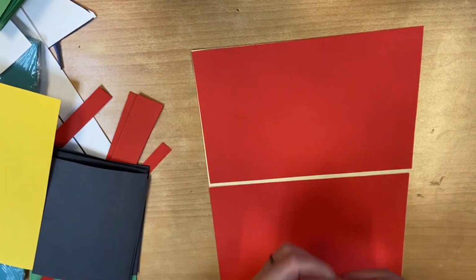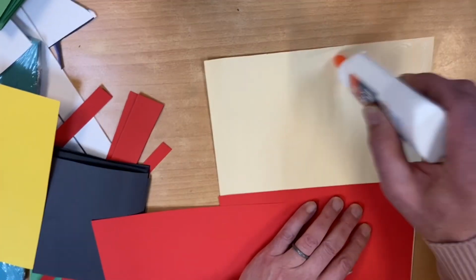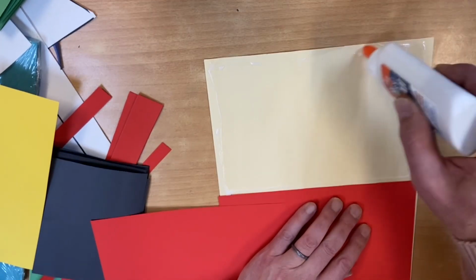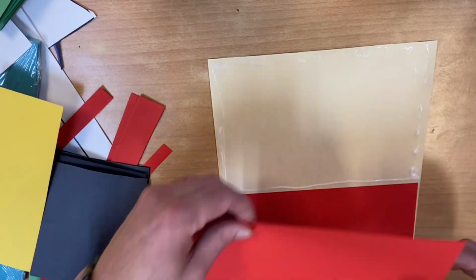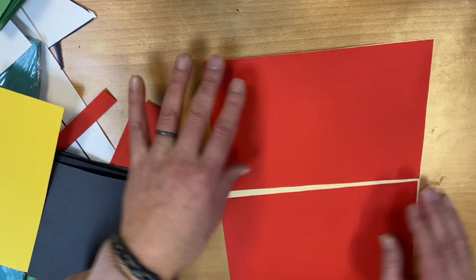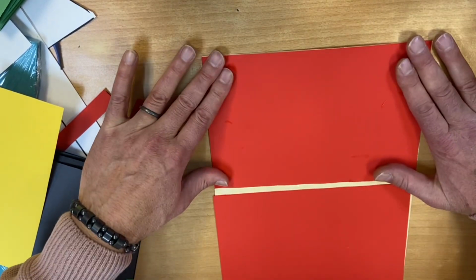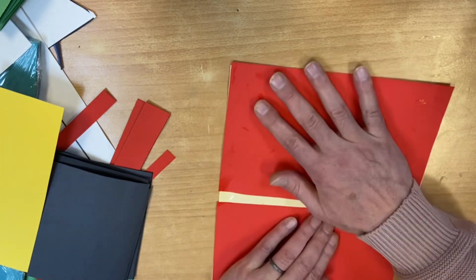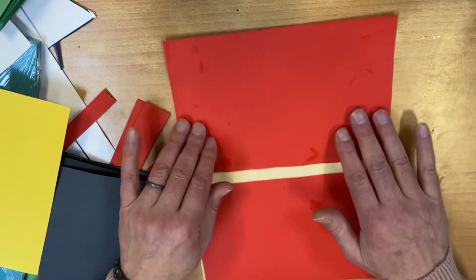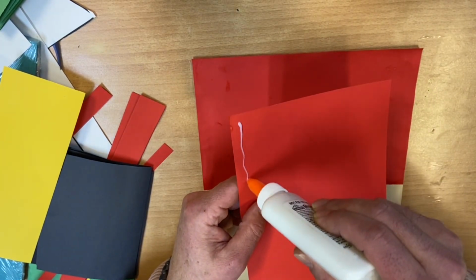So I wanted to show you real quick how we glue to a background. Instead of holding it up in the air and getting it on yourself or making a mess or anything like that, please glue the edges of the background paper, and this is a manila paper today, and it's a great paper for gluing things to. You want to straighten it up, make sure it's nice on there, pressed on, hold it for a little bit, but then do also kind of push it down, make sure it goes where it needs to. Now, I did get glue on my hands and then that transferred onto here, but that's okay. So again, I'm gluing this edge,